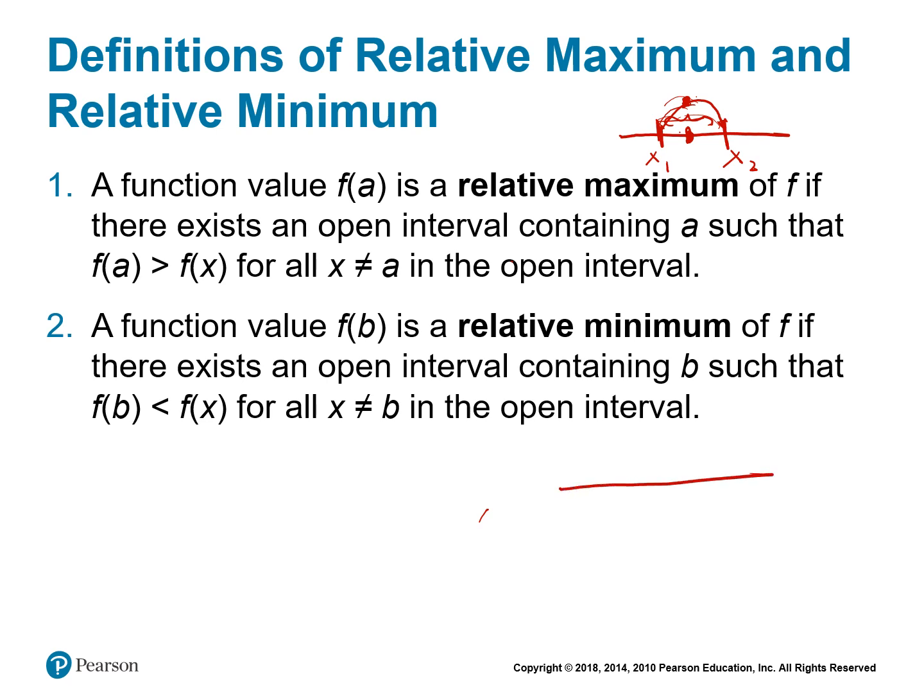There is an open interval on the x-axis and there is a corresponding y value. There is a particular x value within this interval. All right. Let's say this particular x value has a y value,